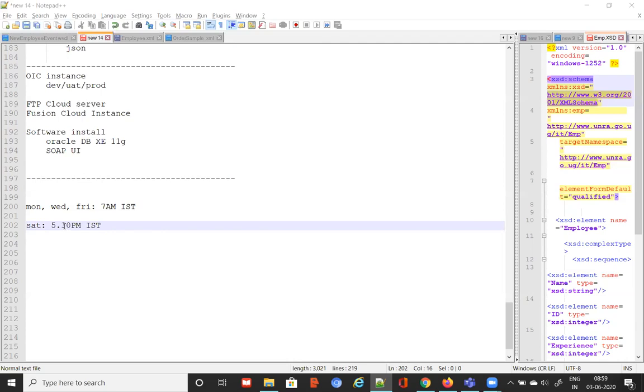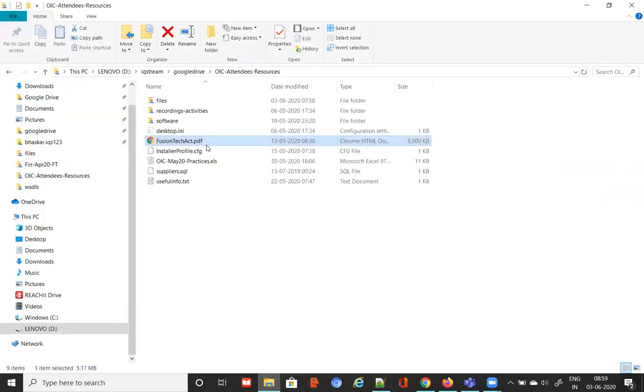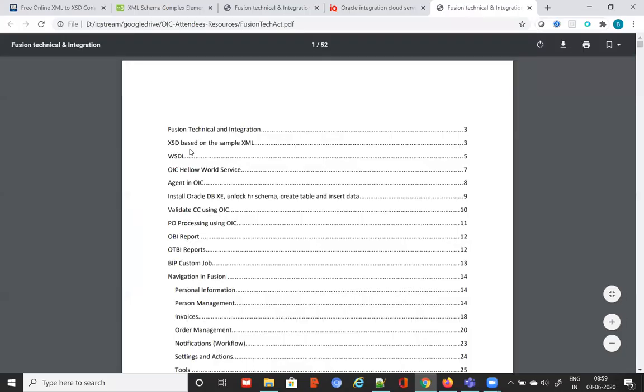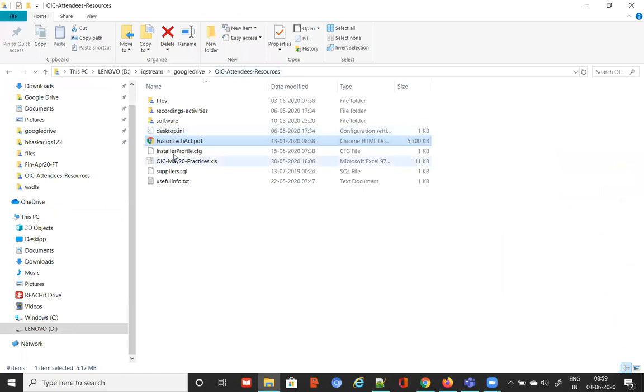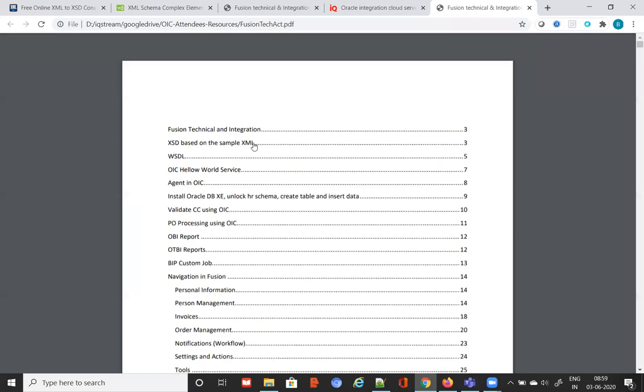All right, guys. That's all for today. Thanks for your patience. And by the way, just one quick thing. In the activity guide, there is a small activity for your XSD. You complete that one, the XSD based on the sample XML. Under the resources, activity resources folder, attendees resource folder, there is an activity guide. You open that and go through this activity so that you get some understanding of XSD. And on top of that, you can spend about 1 hour on the net if you want to understand XSD, SOAP web service, test web service. It's up to you what you want to explore before the next session.